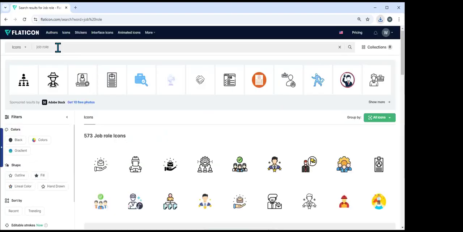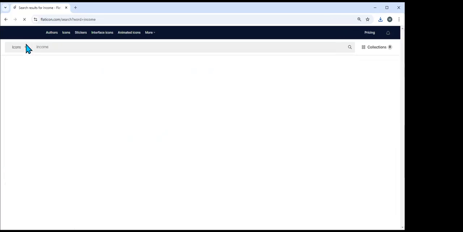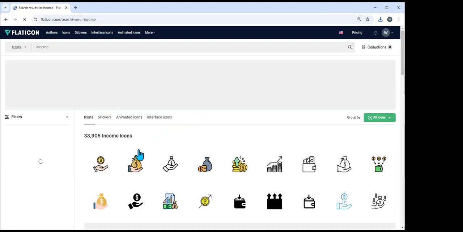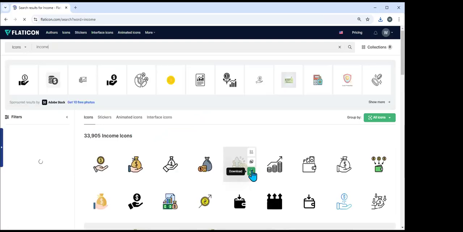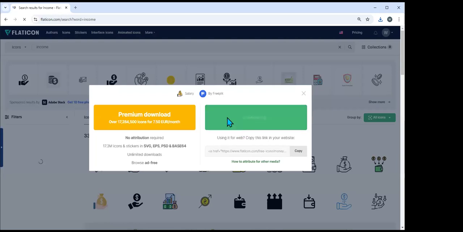All right. So I'm going to choose for income. That's money, right? Income is money. That's monthly income. So I can choose this one for monthly income. Or this one. Whichever, I can just choose this one, PNG. So which other one again? I can choose,